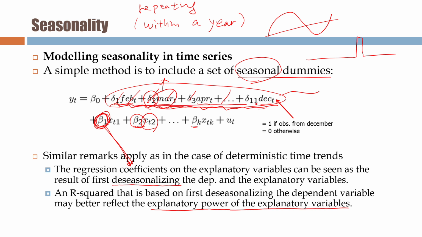You don't have to actually divide anything; you can just include the dummy variables, taking out the seasonal effect, and then calculate the R square. That might be a better or easier way to find out which explanatory variable has better